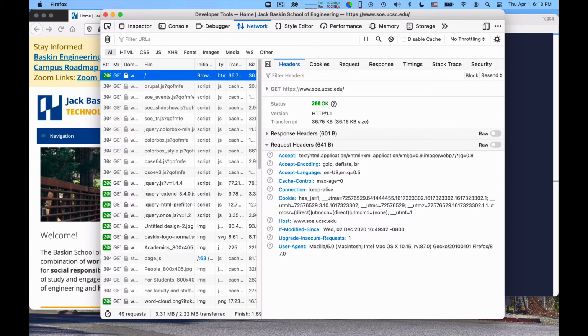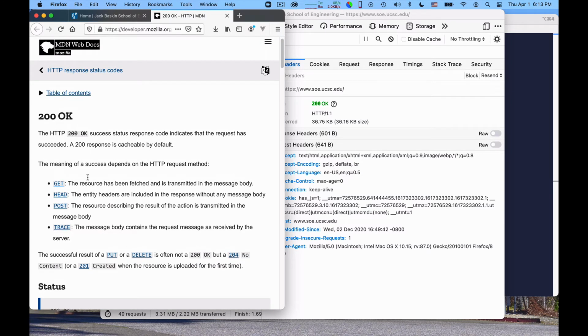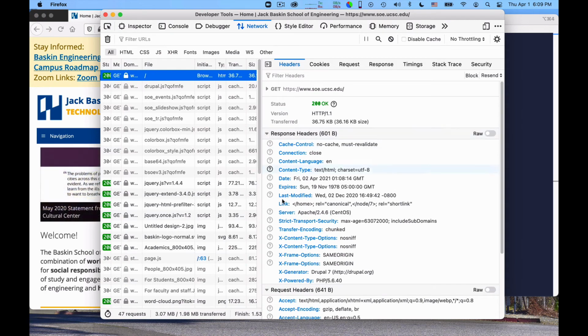There is a list of status codes. 200 OK means, I think we can click here. Oh yeah, it sends me to the documentation. This is really actually nice. So 200 OK is a successful request that was replied with content. Funny enough, it tells me the response before the request, but I want to look at them in the right order.